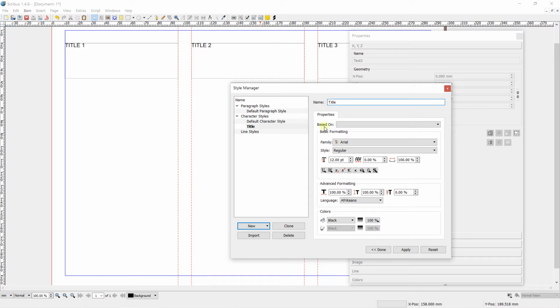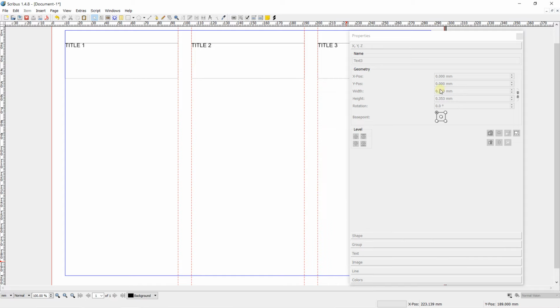Change the name, and you can select properties. Let's activate, for example, a font family. Why not this font family? Change the size. Why not apply 24, or let's apply 26. And a color, let's apply red. So you set the different parameters of your style. Then you click on apply, and you can just go out.